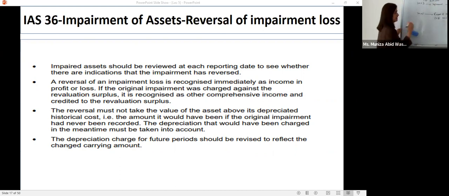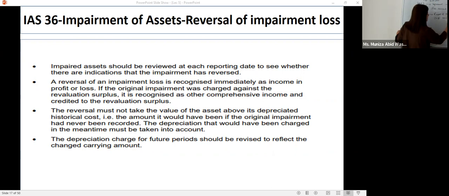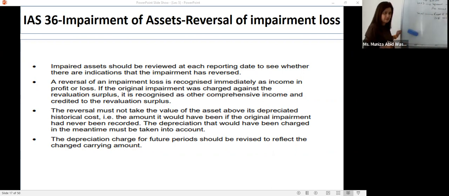From 2003, we had started recognizing our asset at its recoverable amount. According to this recoverable amount, we are going to calculate the carrying value at 2005, and we are going to consider one more carrying value as per